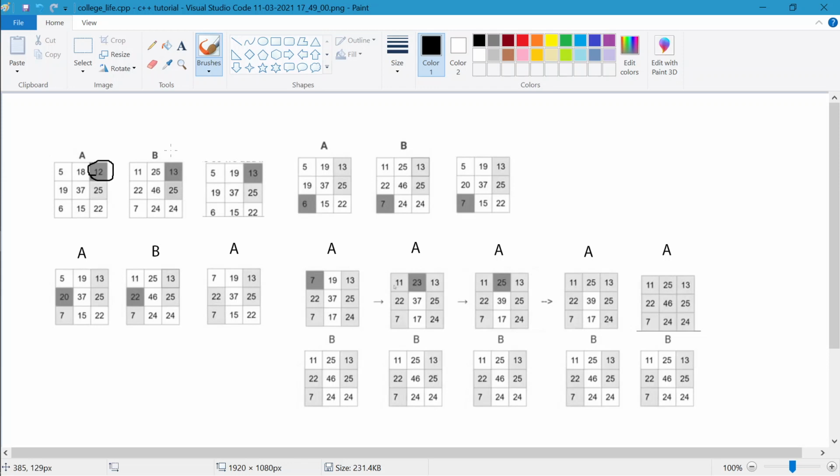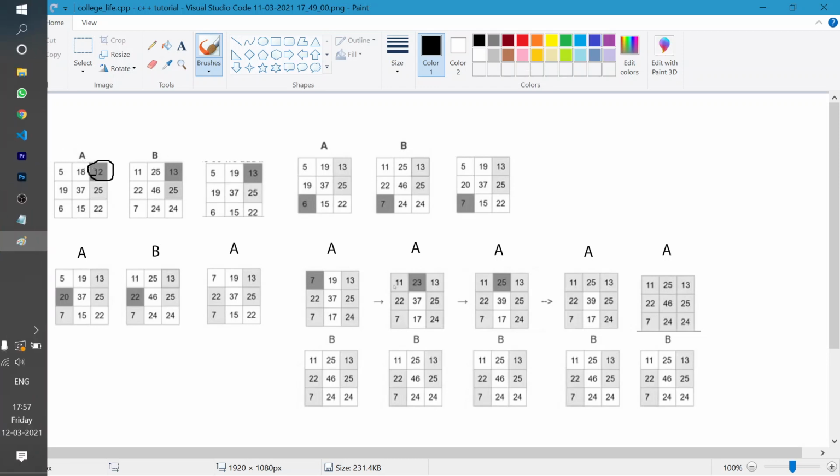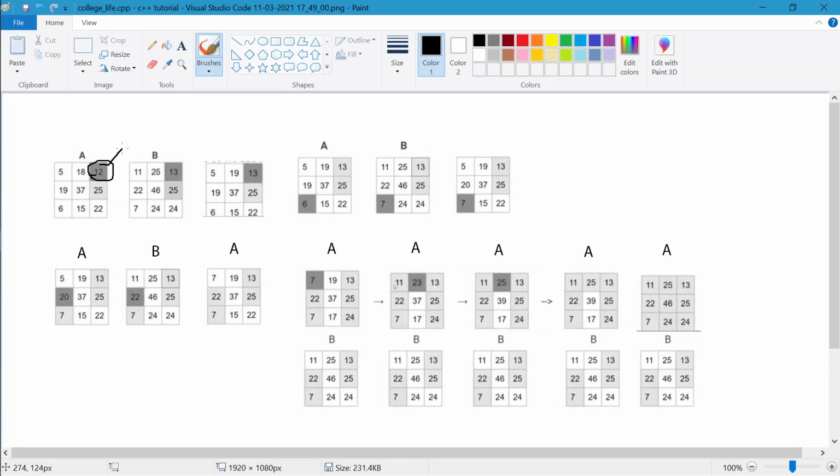First of all, what you need to do is subtract all the elements of a from b: subtract this with this one, this with this one, and similarly each element respectively with each other. Okay, so you need to subtract them with each other. After subtracting, let's see what you will get.